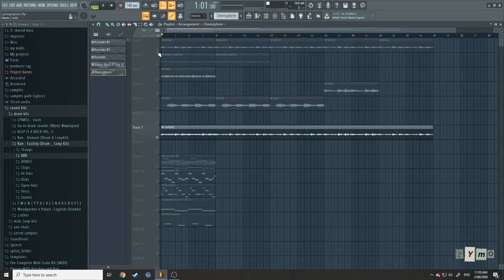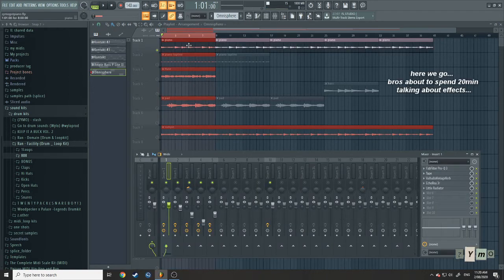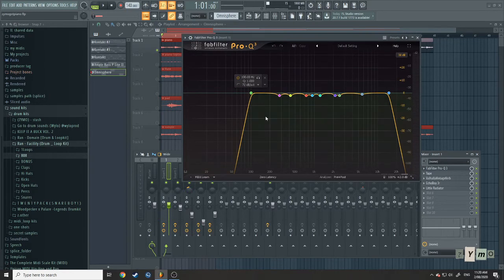So that was that. Now for the effects, all I did for the first piano, I added in an EQ, took out some of the lows, some of the low mids, and some of the highs. And that's just because some of those frequencies I didn't like and they just didn't sit well in the mix. So without all the effects,